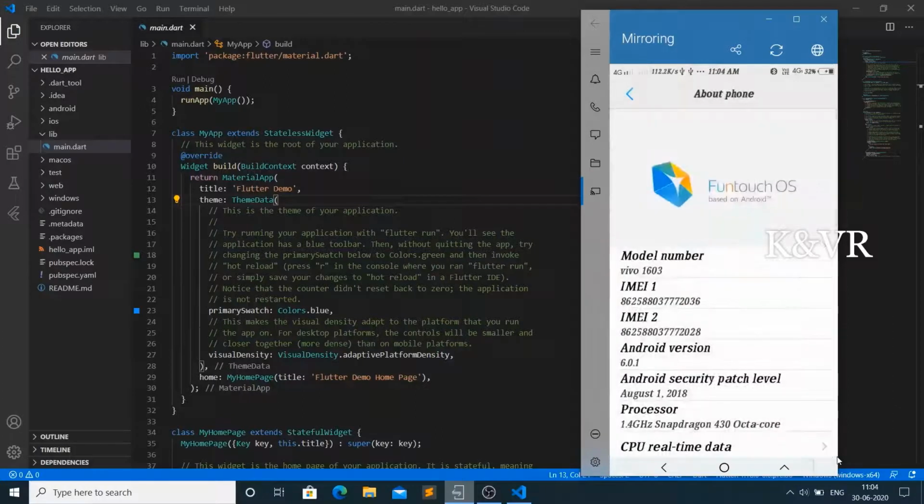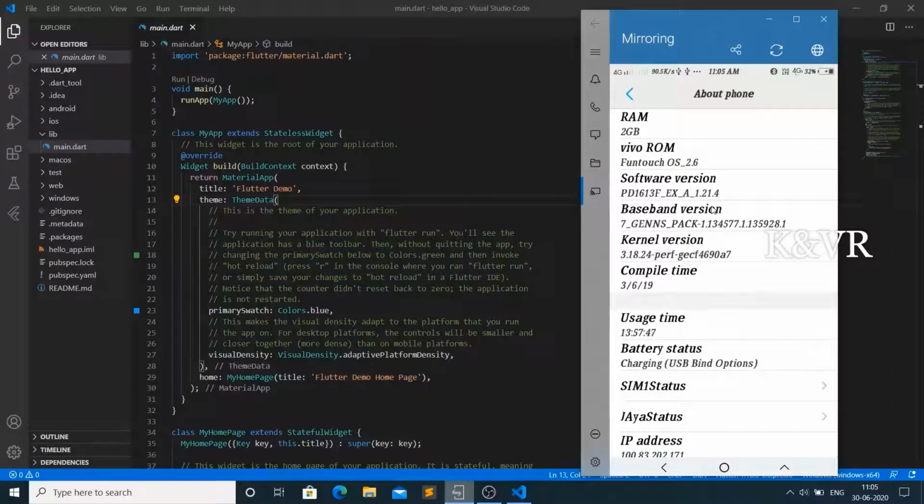Whichever model you have, like Mi or different models, go through the software version and press it 5 or 6 times. It will show developer options the first time, and turn it on in your mobile.